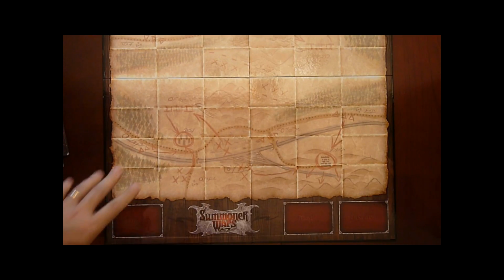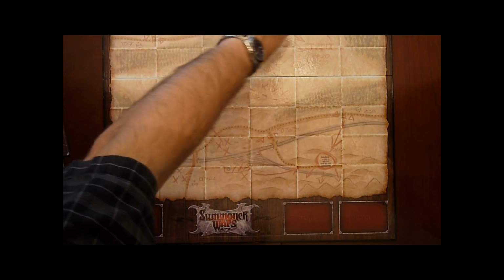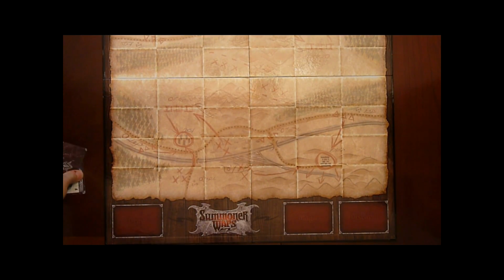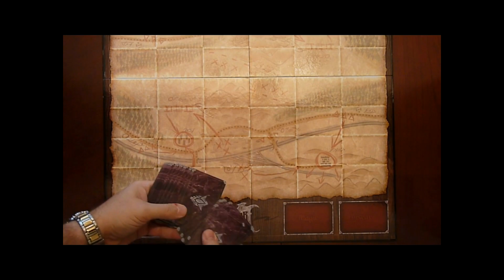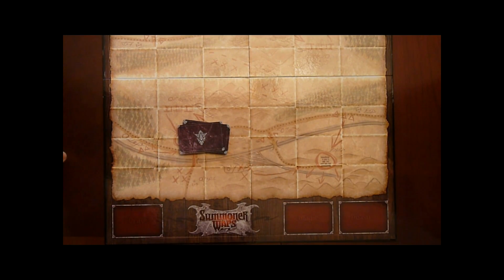So this is how you set it up. You set one board facing this player, and you set the other board facing the other player. Then you choose the decks you want to play with. I've just got 2 decks out. When you pick a deck, you notice they have their own unique background symbol. So I'll play with that deck